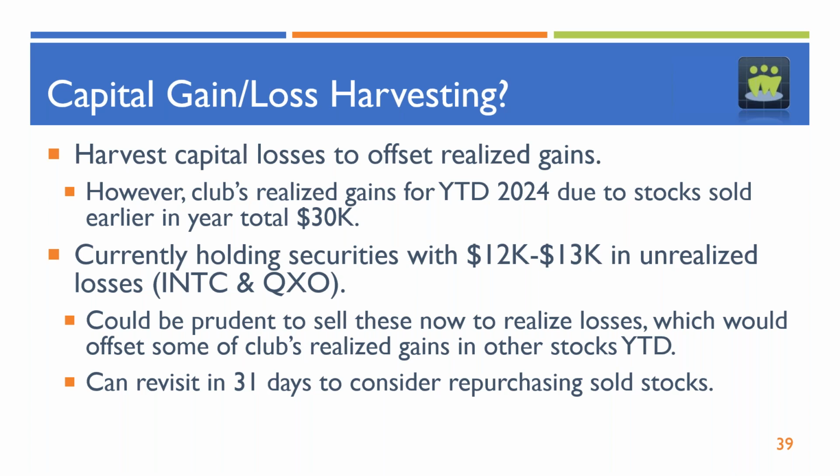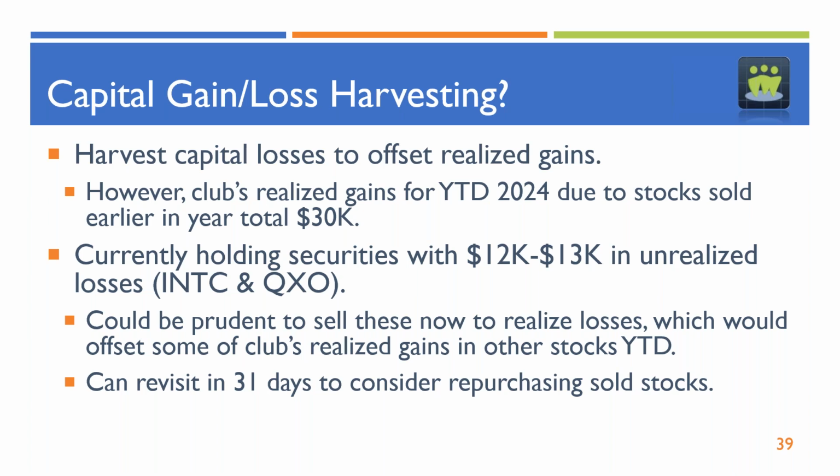And if anybody resists it, you can revisit that sell decision in 31 days. You've got to avoid the wash sale rule, but you can come back in 31 days and use cash on hand or sell other securities and purchase the Intel and the QXO if you wanted to. My sense is that's probably not the smartest approach to handling the realized gains. But that also means that you don't have any opportunity to sell